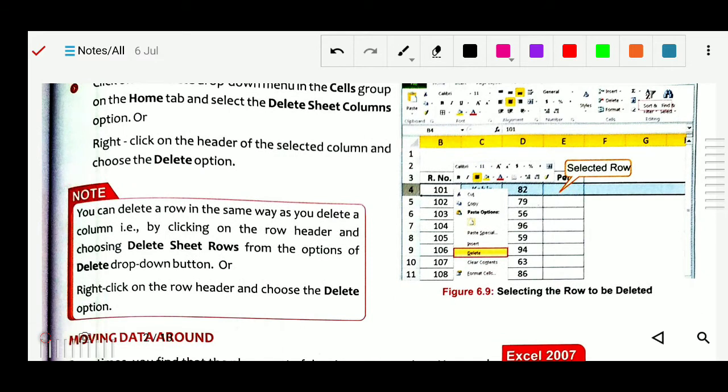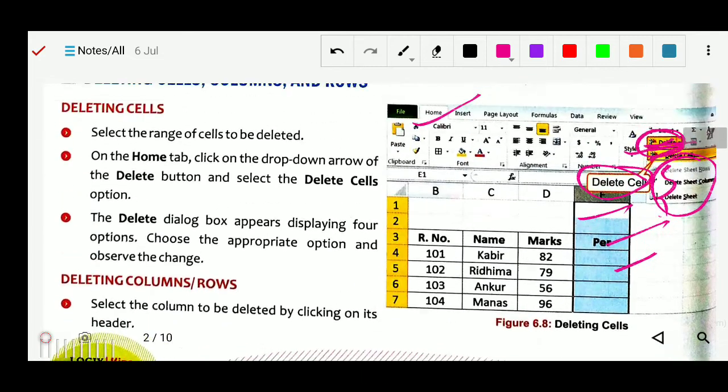Here, you simply click on the header, either the column header or the row header. This is your row header and this is your column header. There you can right click with the help of the mouse, and there is the delete option, so you can do it from here also. Likewise you can delete the column. The same process works for deleting a row also. Very easy.